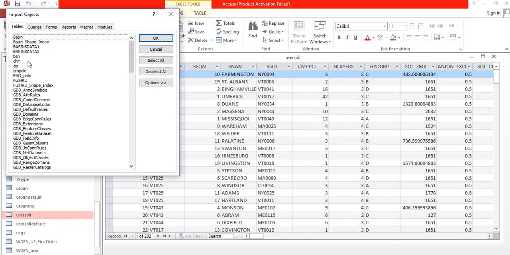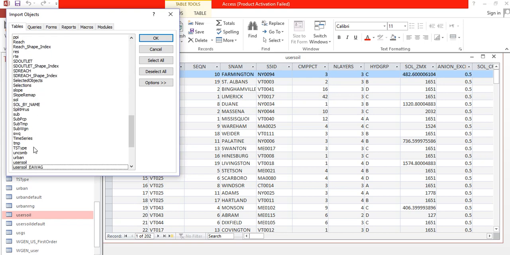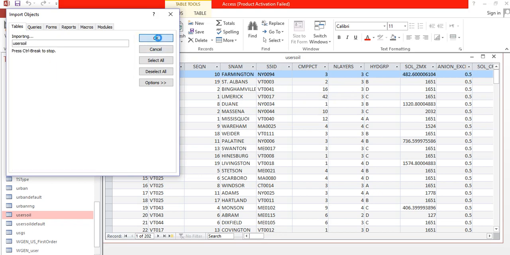Then we have all the variables here. We only need the user soil or the soil. Select this one, click OK,